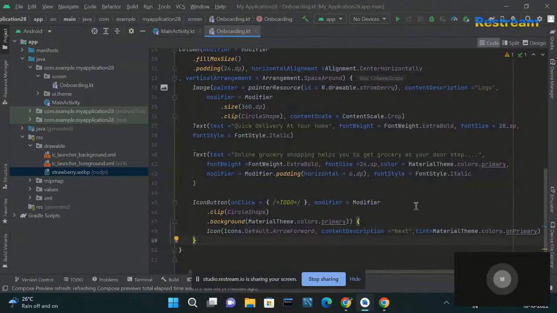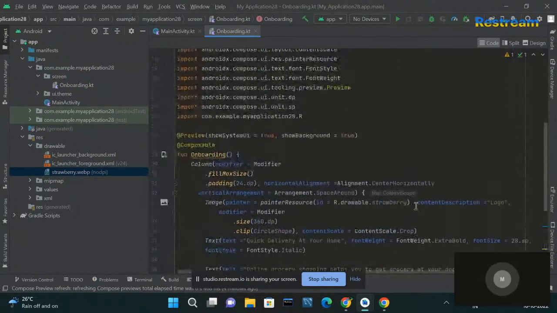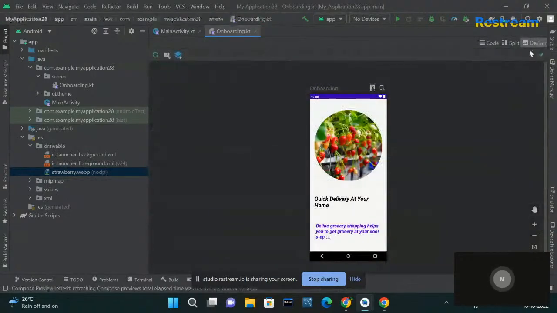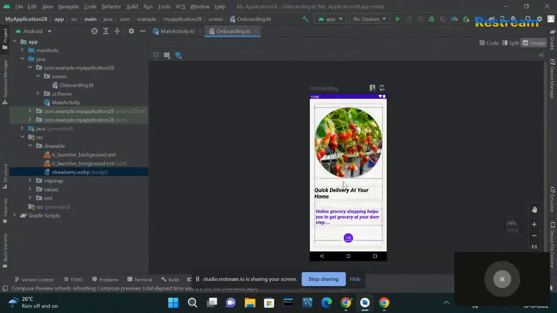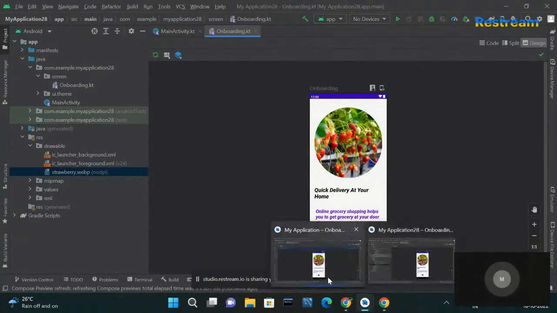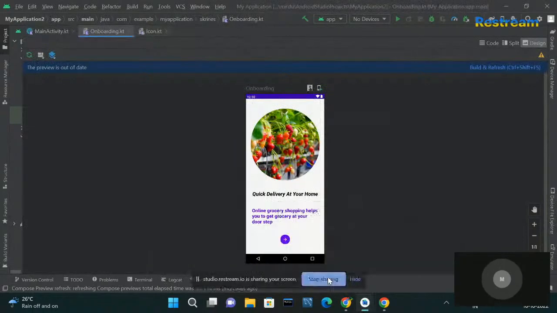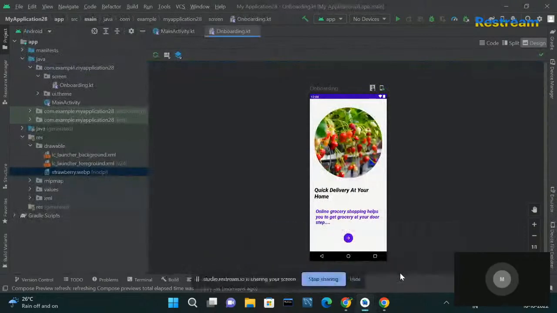So we are done with inserting our button, and we'll go and check it out in the design. So press design, click on the refresh button, and let's wait for the preview. So yeah, now our UI has been developed. So this was the UI which we actually got, and this was what we tried to develop, and we have now successfully developed it